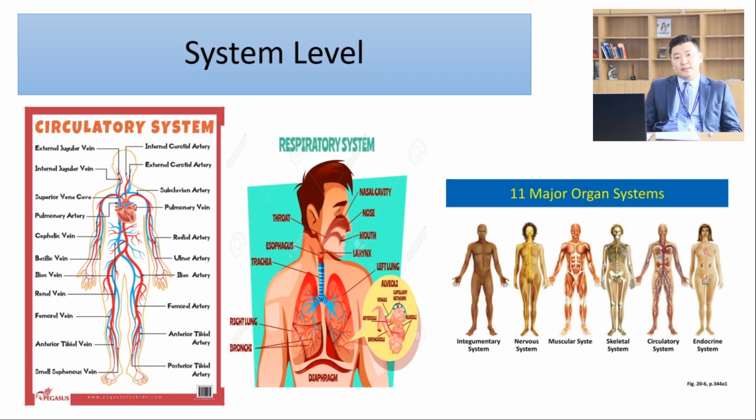Next, we have organ system. All systems are comprised of different organs that, by working together, can perform different, more complex types of functions. Systems work together to accomplish different needs of the body. There are 11 major organ systems in the human body, but today we will look at the respiratory system as an